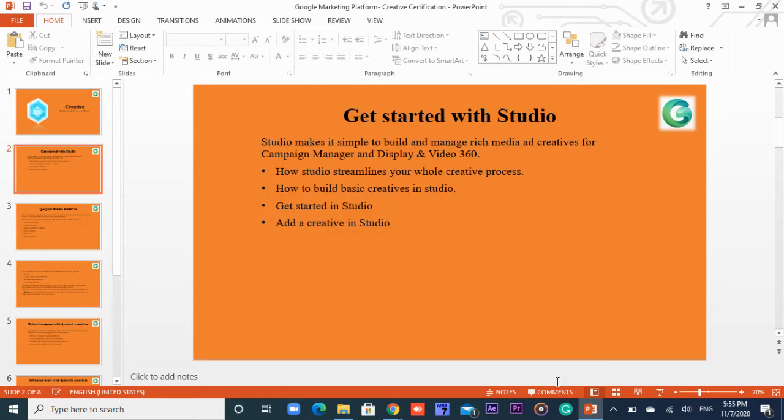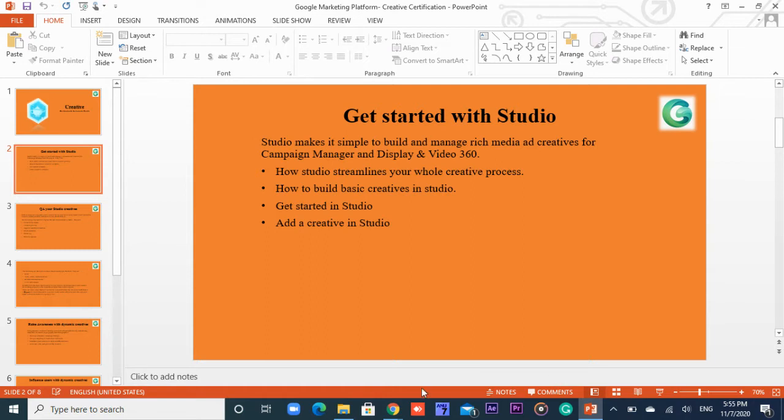Get started with Studio. Studio makes it simple to build and manage rich media and creatives for campaign management, display, and video 360. Here, the studio is the thing in which we can see the results of website visitors.